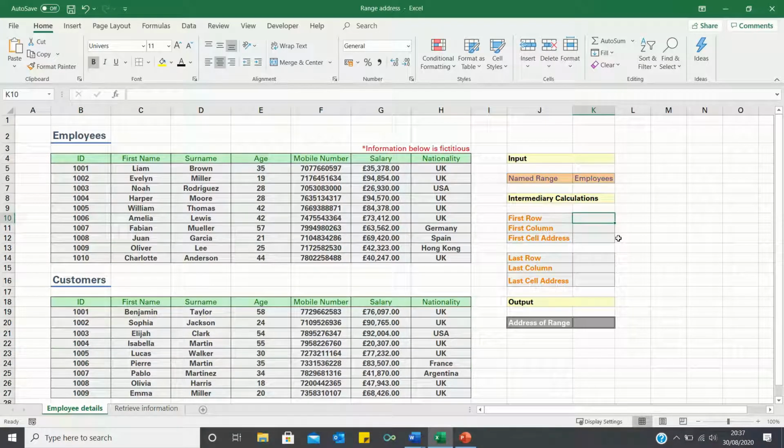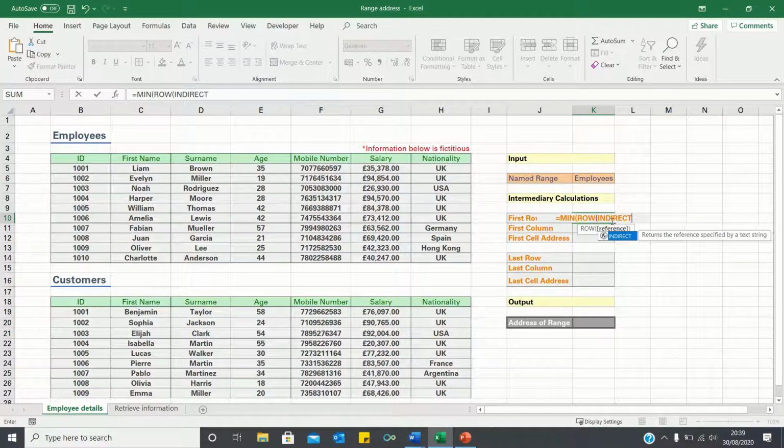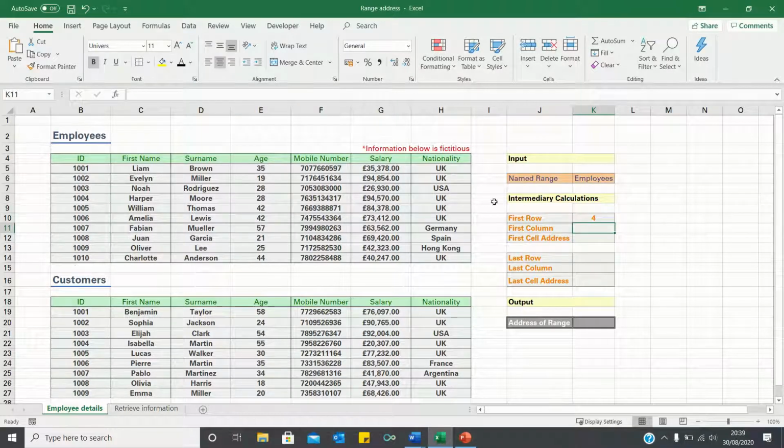Next, let's perform intermediary calculations to determine the address of the first and last cells in the employees range. To find the first row in the employees range, we will use the min, row, and indirect functions. So we enter equals min, followed by row and indirect, and then take cell K6, which contains the named range. This is telling Excel to find the row number of the first row in the employees named range, which is